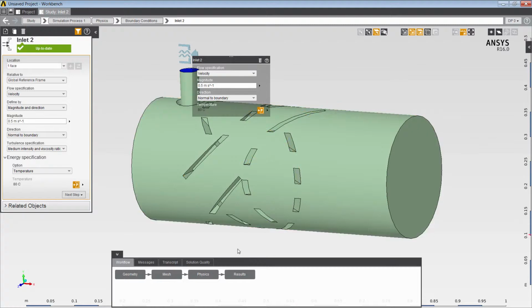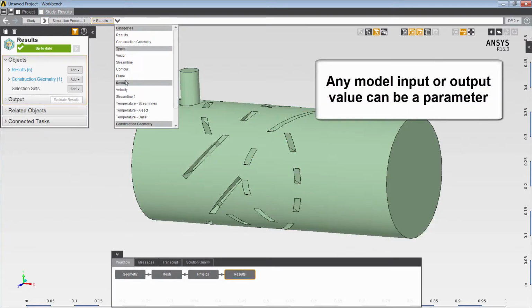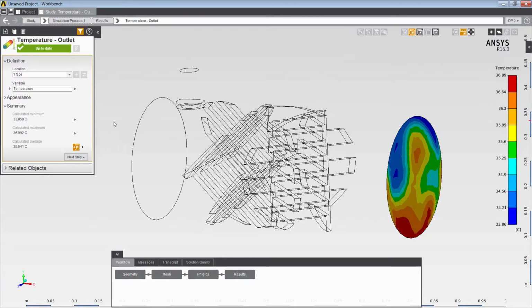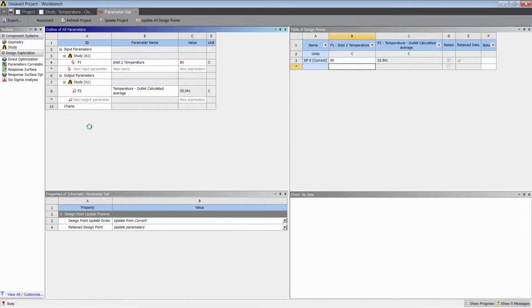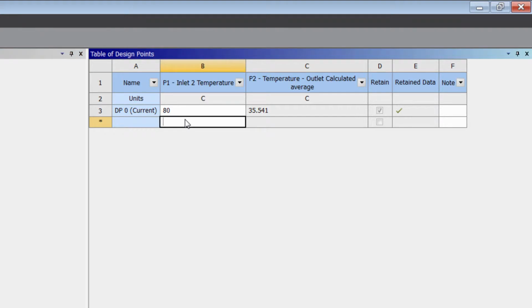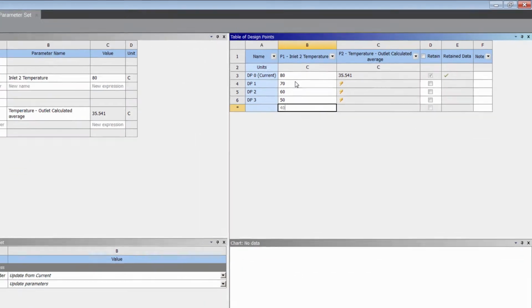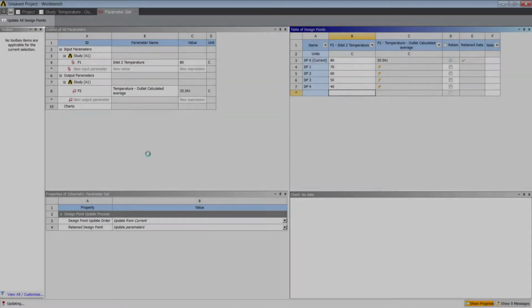I'll identify the hot water inlet temperature as a parameter, and I'll also identify the average temperature at the outlet as a parameter. Once I have parameters defined, I can move from a single value setup to a parametric study. I'll define additional design points to evaluate the average outlet temperature of the thermal mixer over a range of various inlet temperatures. And with a single mouse click, I can execute the entire solution for all of the design points